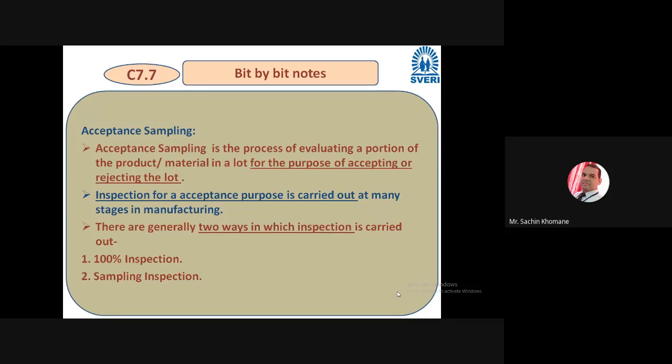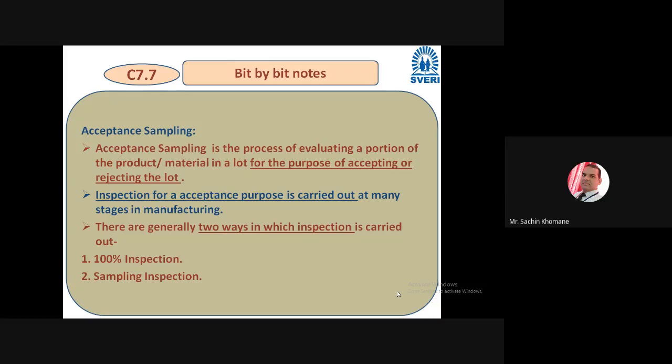Certain terms are very important in sampling. In the control charts we have discussed, they have not checked all the components, they have taken certain samples, 20 samples, 50 samples, like that, right? But how to select that, what are the types of sampling, what is acceptance, what is rejection, or 100% inspection, sampling inspection, certain terms are very important in the second half of this unit. So let us discuss acceptance sampling.